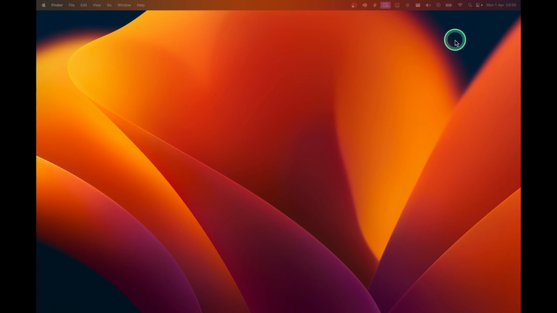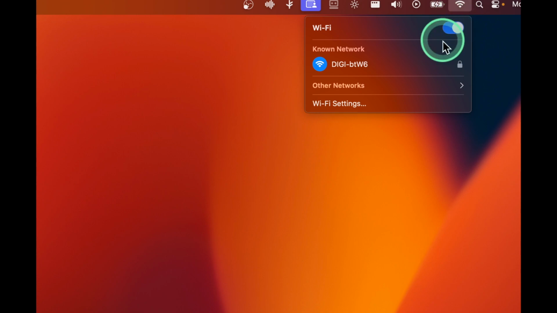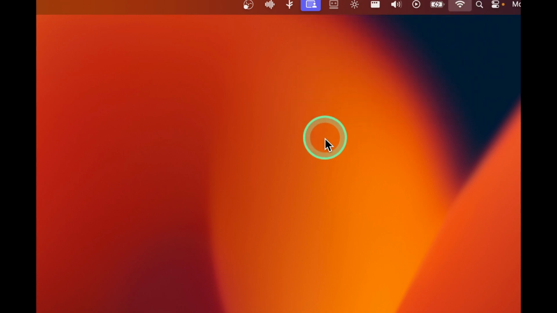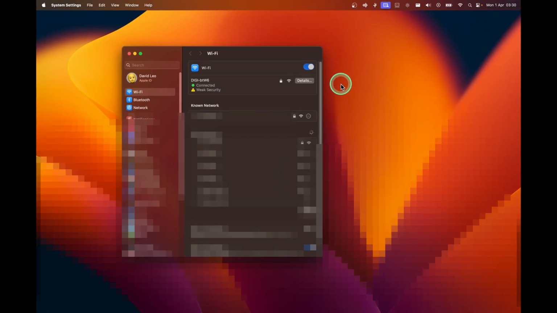Okay, so where you have to go basically is here, where you see the Wi-Fi network, then click on Wi-Fi settings, and then